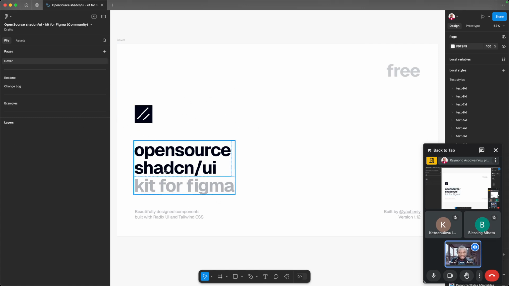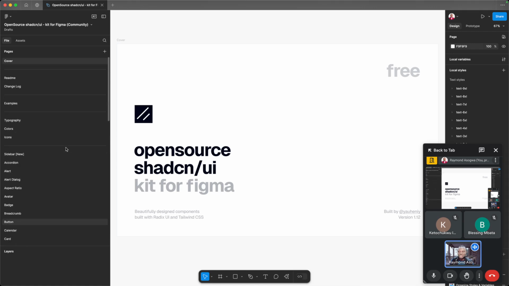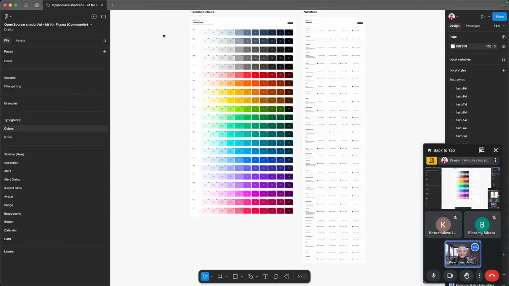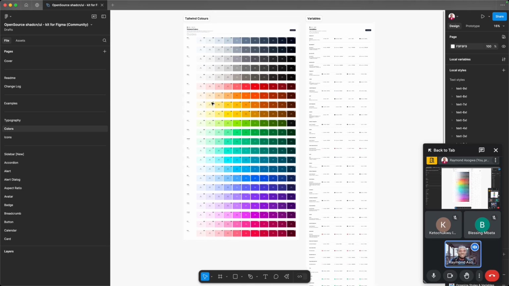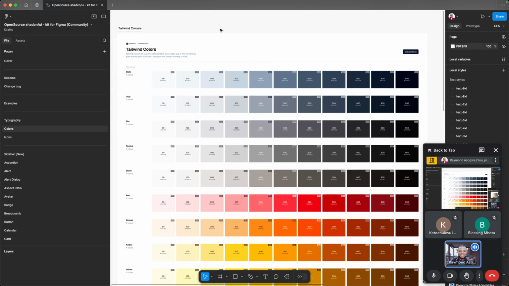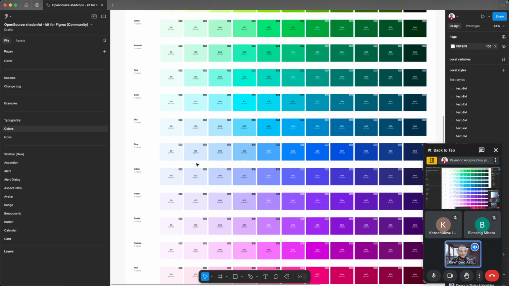So now we have the UI kit open here, and similar to what I showed you earlier on, we have all the components that we need here, right? So the first thing we want to look at is the colors. As you can see, one thing you will notice first is that we have the Tailwind colors. Remember I told you that Shadcn uses Tailwind as the styling system. So the UI kit has all the different color palettes that Tailwind comes with by default,